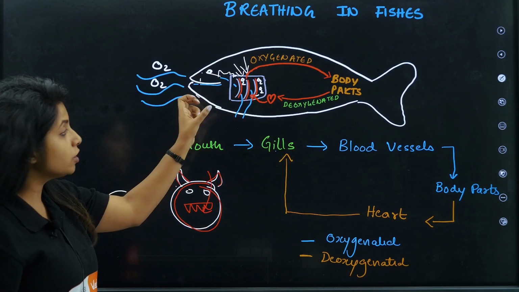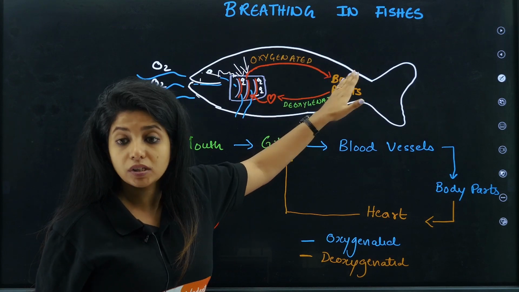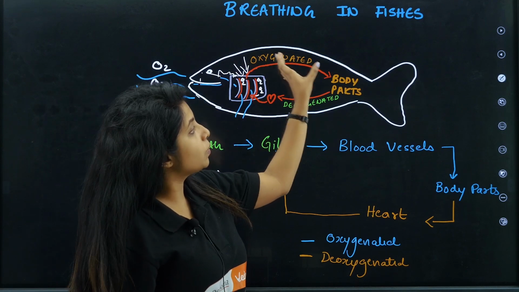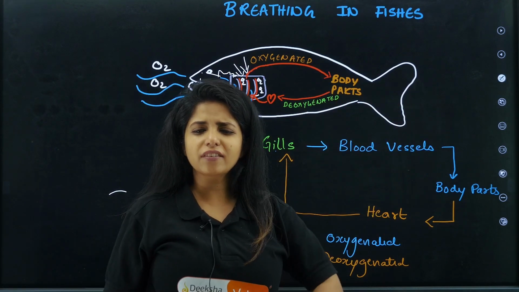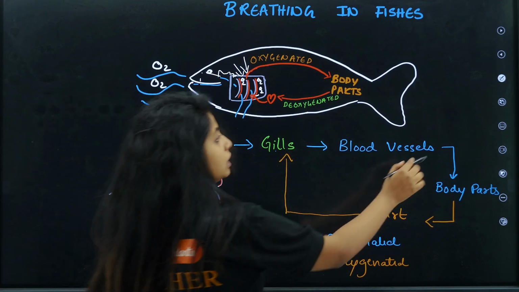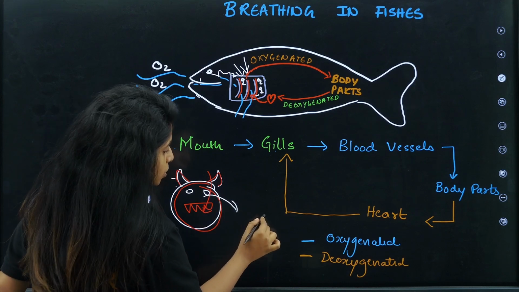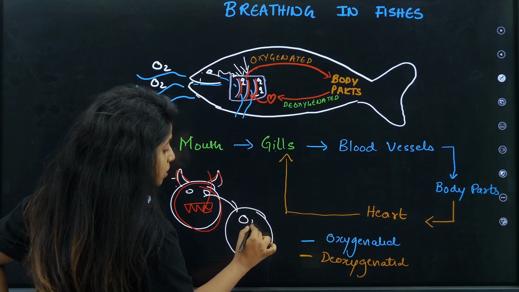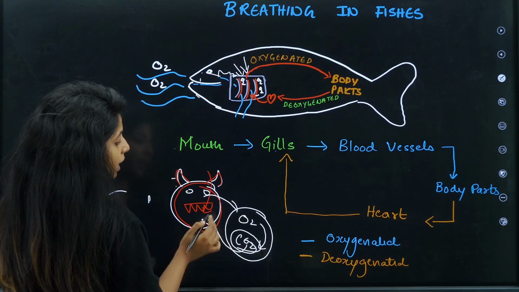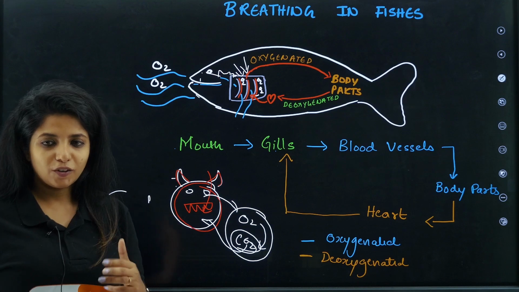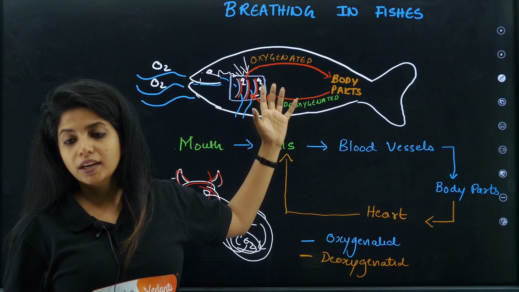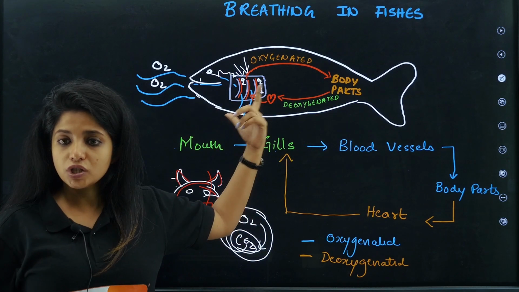And now the blood is being transported. So this blood which is going from the gills will be oxygenated blood. Why do I call it oxygenated, my dear children? Because it has too much oxygen. Now this oxygenated blood goes to different body parts, wherever it is needed. I said respiration is happening within each cell, my dear children. So it gave oxygen to this particular cell. Over here respiration will be happening, so oxygen is being utilized, and at the end you get energy, you get CO2. Now CO2 is something that the blood has to take back outside. So basically now the next thing that will be given is CO2. So the blood is not anymore oxygenated. I will say it is deoxygenated. What will I call it, children?